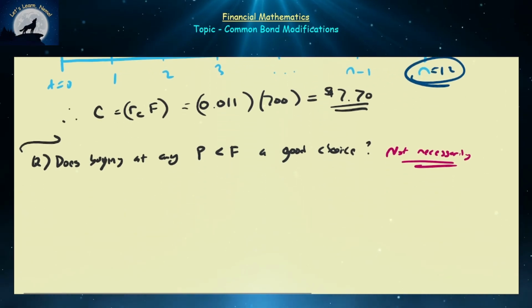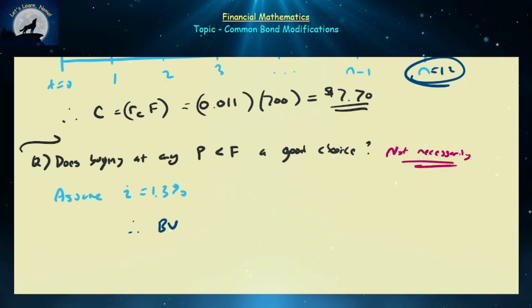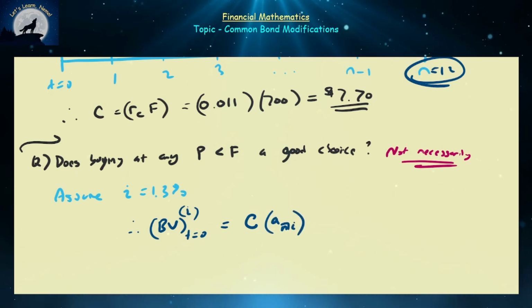So let's assume that the monthly effective interest rate i is equal to 1.3%. So what will be the present book value under i at time t is equal to 0? Generally speaking, that's always going to be equal to the coupon payments, C, or sometimes people will call them the interest payments, times the present value of an annuity immediate, plus R times v, our periodic discount factor, to the power of n. And using all of our values and formulas that we've previously described, that's going to come out to approximately